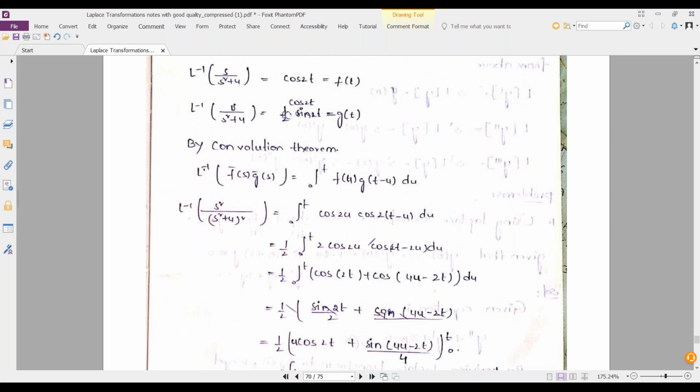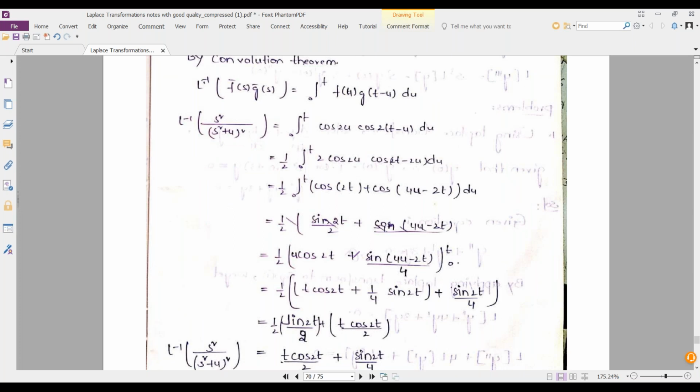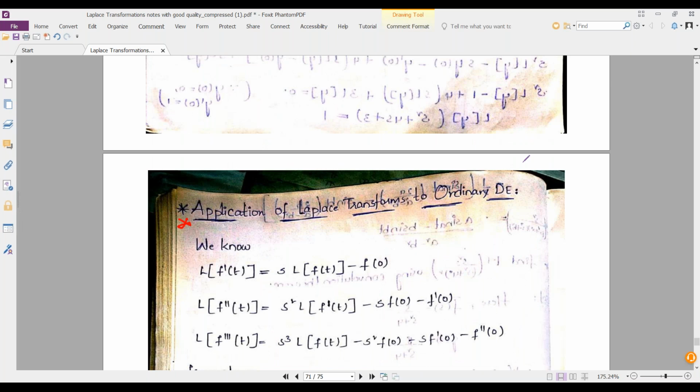Yeah, we come to the end of the last topic of this particular unit. As we discussed applications, where we are going to use these applications by using the Fourier transforms, we are going to evaluate partial differential equations such as heat equation, wave equation, and all. By using Laplace transform, we are solving ordinary differential equations. How to evaluate those ordinary differential equations?